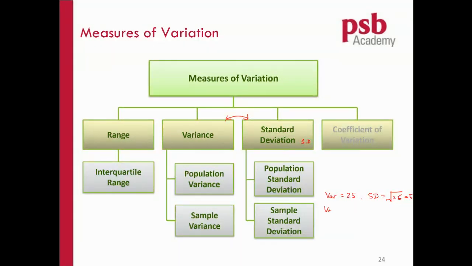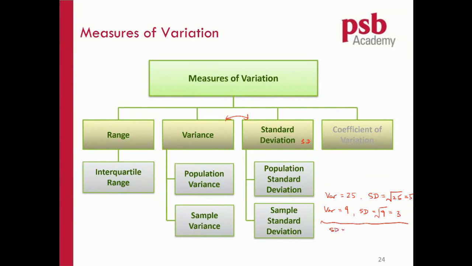So if the variance is 9, how much is the standard deviation? The square root of 9 gives you 3. Right, so that's how they are related. The other way around, if I give you the standard deviation,